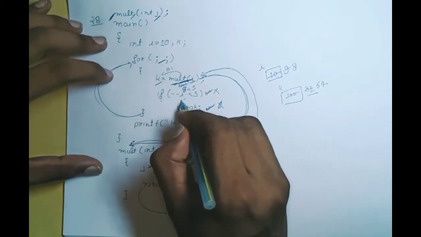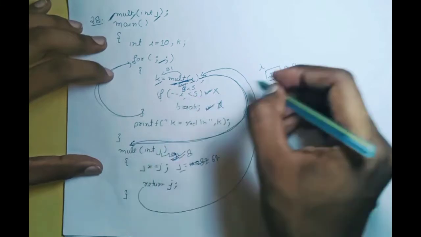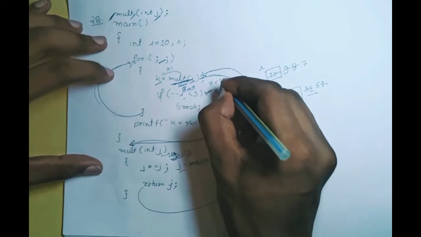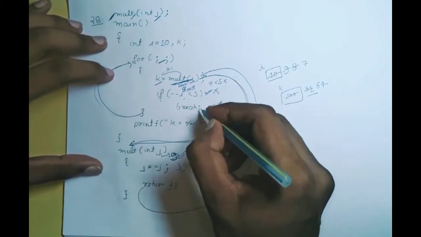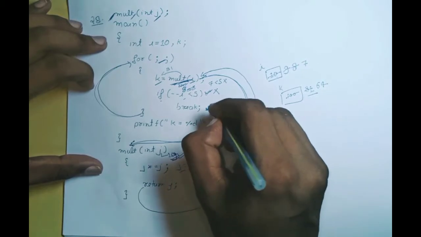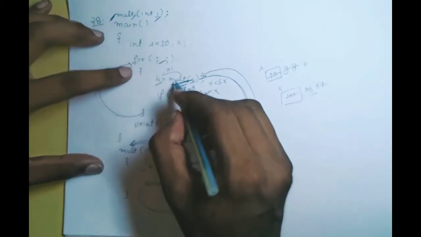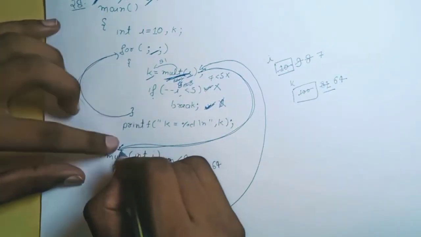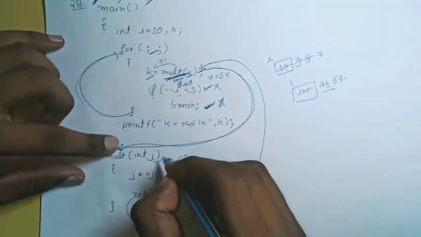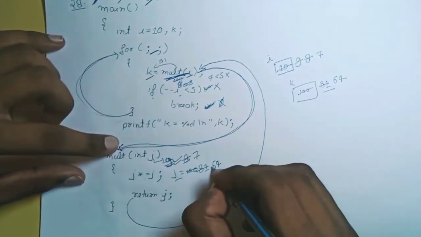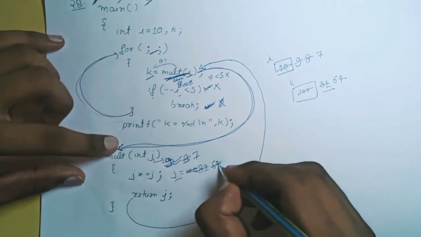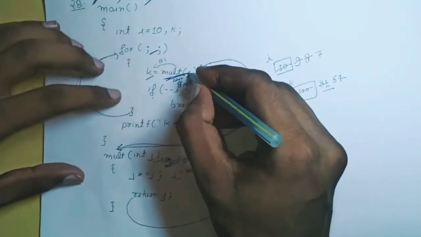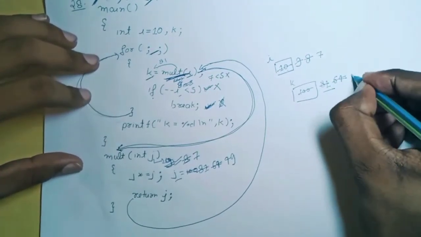Again the control comes here, and with the pre-decrement the value of I is now 7. Is 7 less than 5? Obviously not, so this condition is false and this statement does not execute. The control comes again to the for loop and the function is executed again. Now the value of I is 7, so the value of j is also 7, and we get 49, which is returned by this function and stored in the variable k.